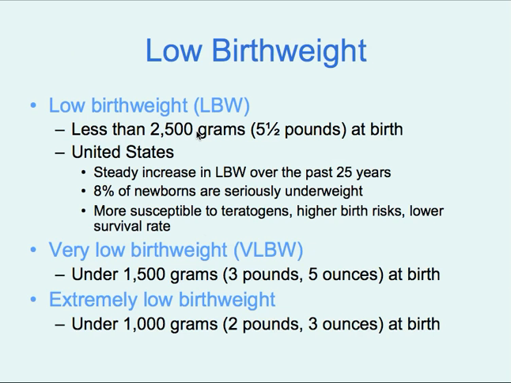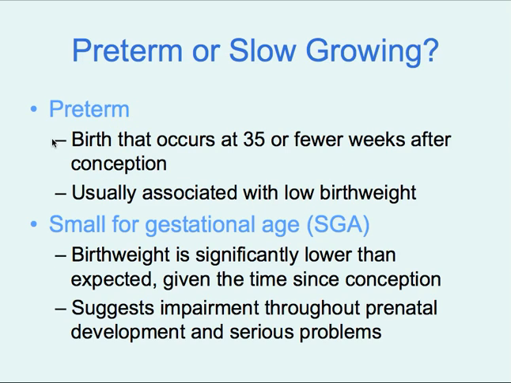We also have terms to describe when birth occurs earlier than what we expect. This is referred to as preterm. Preterm is defined as a birth that occurs at 35 weeks after conception. This is usually associated with low birth weight because at only 35 weeks, if the mother gives birth, the fetus hasn't had the full amount of time